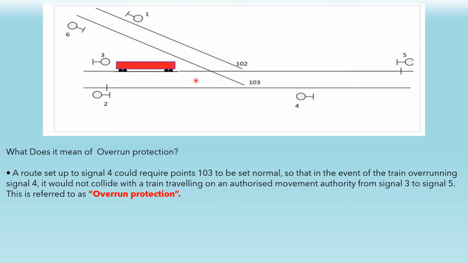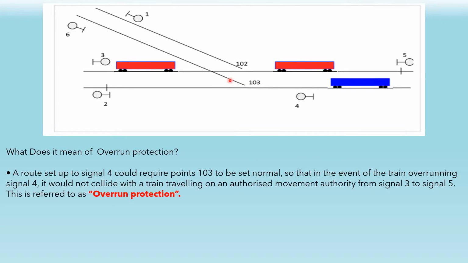As illustrated here in the diagram, we have a train for the authorized movement from signal 3 to signal 5. The train is moving towards signal 5. This is the main line. So if a train has a route and it should stop at signal 4 to protect the main line here, or the train over the main line, from the overrun from this blue train, then point 103 should be locked